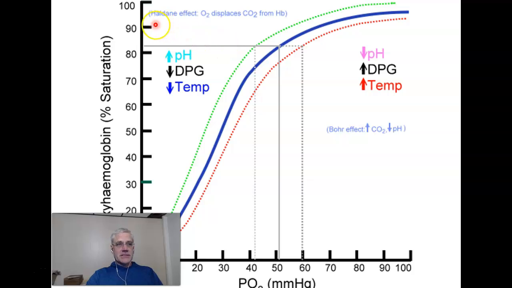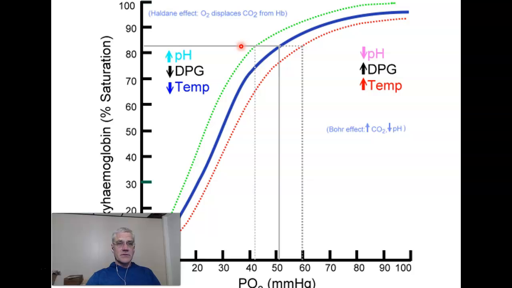That also has a name. That's called the Haldane effect. I've looked at some of the test questions and I haven't seen these names anywhere, but this particular graph has that on there. So the Haldane effect. What that means is this will tend to happen in the lungs, where there is a